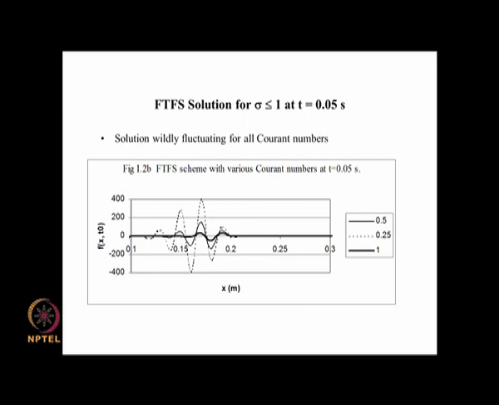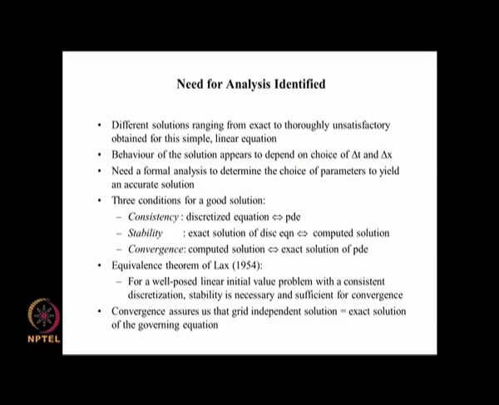Okay, so this is the sensitivity of the solution to the scheme that we use and to the values of delta t and delta x that we employ. That is surprising, and it is also in a way intimidating, because we do not know which ones to choose. How do we know that we have chosen the right kind of values, and how can we trust the solution when it is exhibiting this sort of erratic behavior? So that is essentially why we need to have an analysis of a given discretization scheme, so as to see that it would actually give us a proper solution.